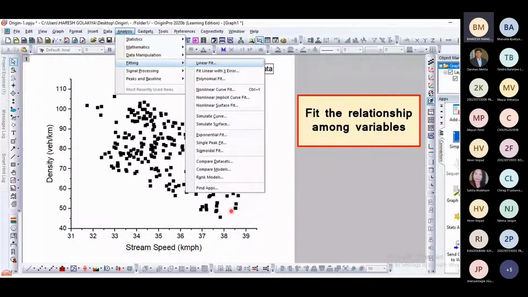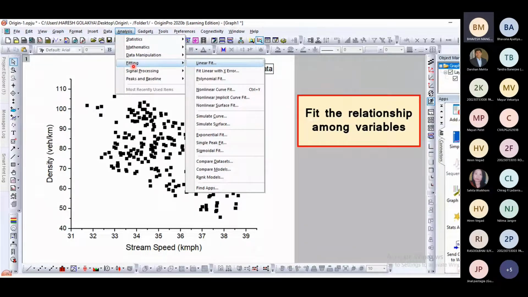Now I want to fit this data. I want to see which trend it follows, and I want to get the equation of that fitting, right? So to fit the data, suppose I will start with linear fitting. For that, we have to go to analysis.